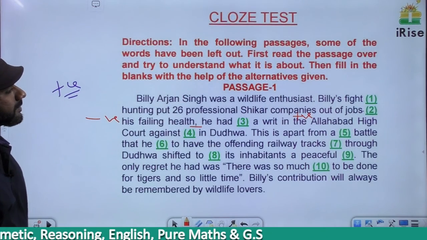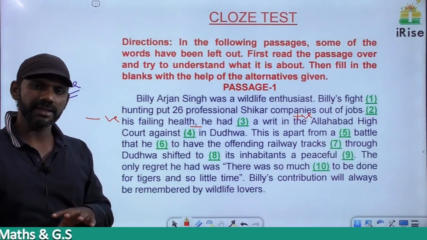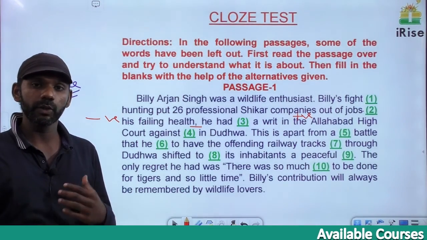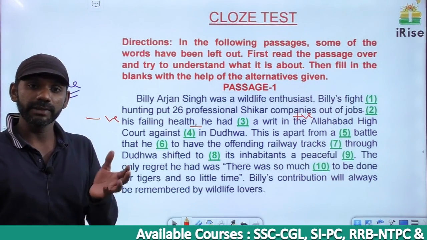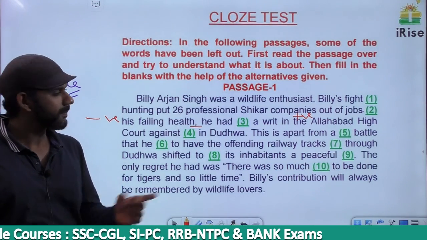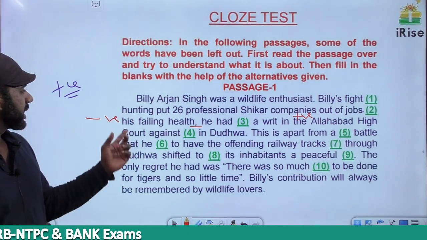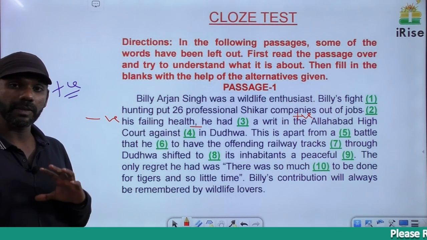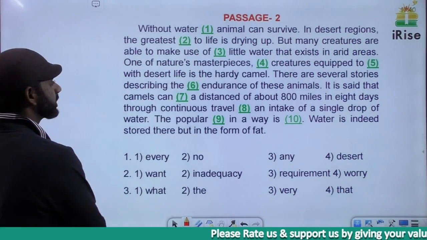Come to the statement. Dash his failing health. If you check the sentence that we discussed with although, after although a subject will be there. Like although I went there, although he came here, although we studied well, although they worked hard, although she played well, after although a subject will be there. Blank 2 must be filled with a contrast indicator. Immediately after blank 2, do we have a subject? No. We don't have a subject immediately after blank 2, so it cannot be although, it must be despite. Despite his failing health,